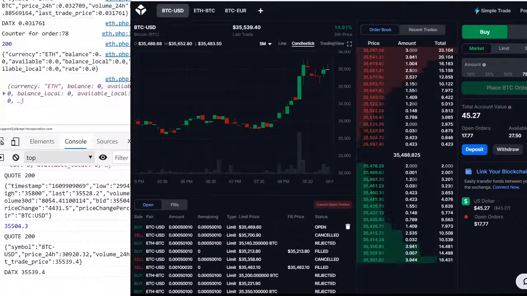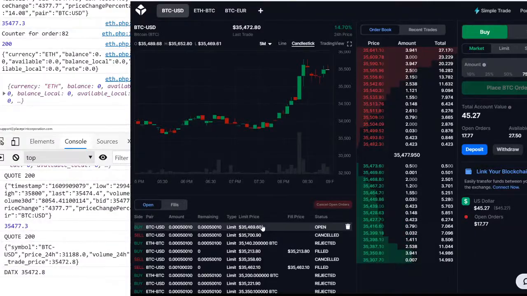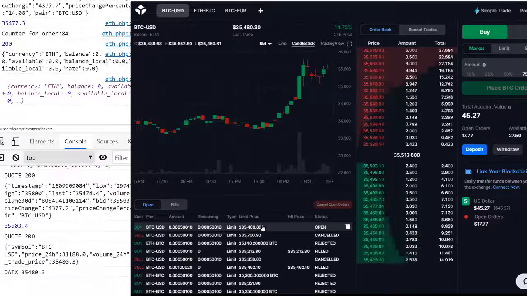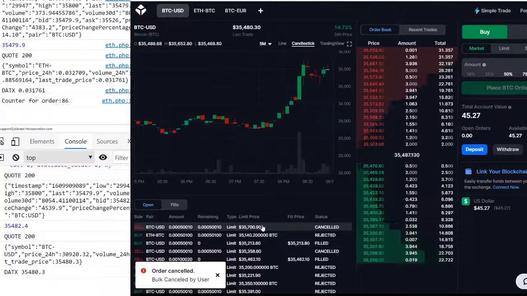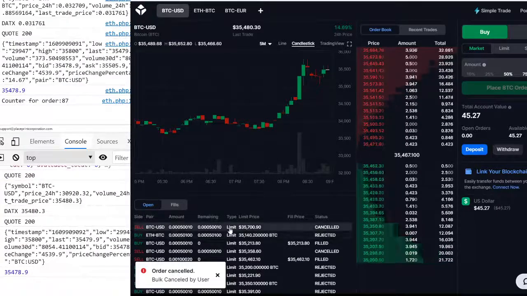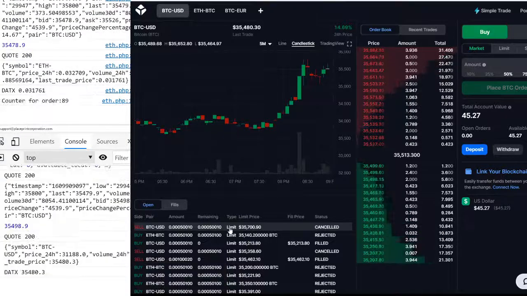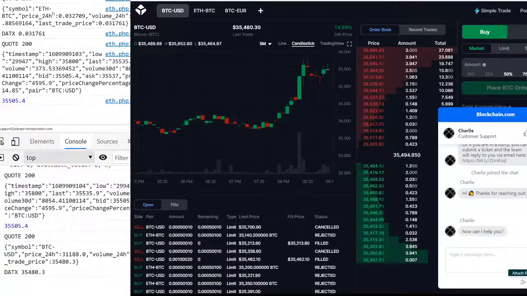So let's focus on it. We've got an order at 35,469. For those just joining us, what the system does is it takes the bid and places a limit buy order. And I'm telling you this, and if anybody ever asks, feel free to chat and tell them this is how it works, at least this is how I think it works. Look, our order canceled, bulk canceled by user, because we have it programmed to cancel the orders after 5 minutes, I think it is. So our orders are canceled here, and why are they canceled? Because